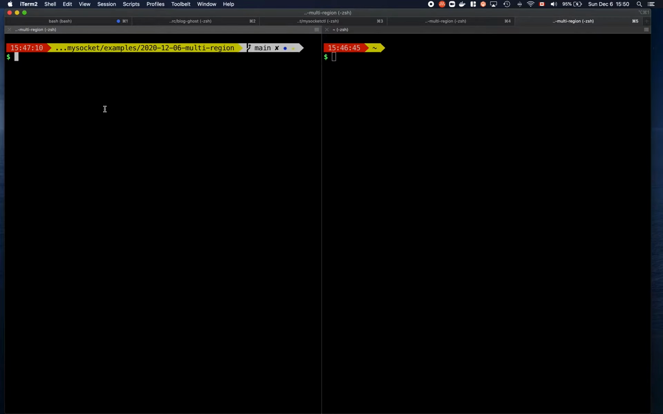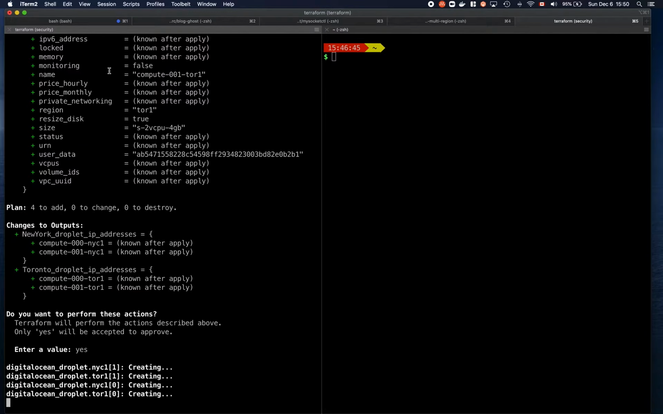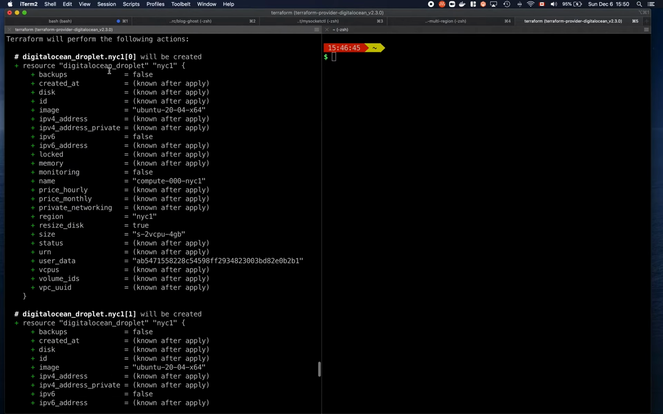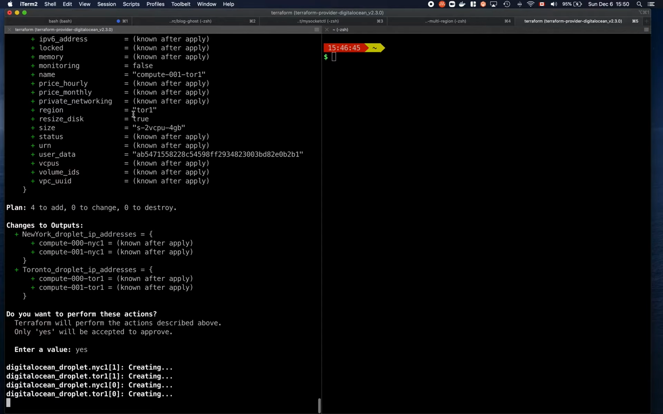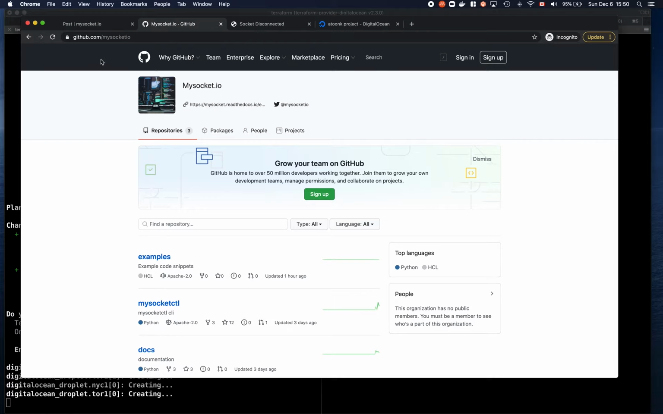All right, so enough talking. Let's start building. We're going to start with a Terraform apply. What you see here is essentially the 4 VMs that are being built. And while that's building, let's take a look at what that actually looks like. You can follow along at